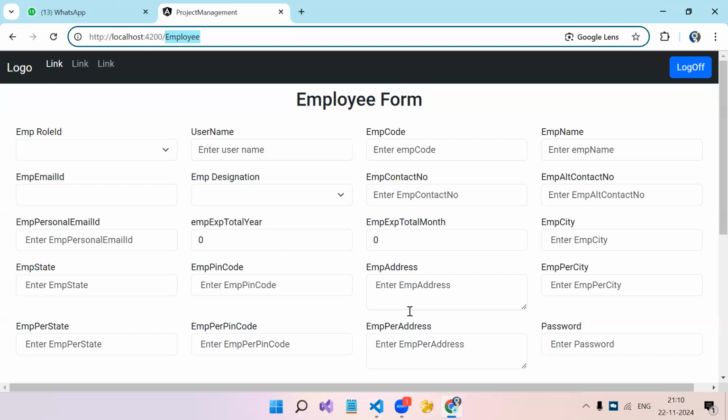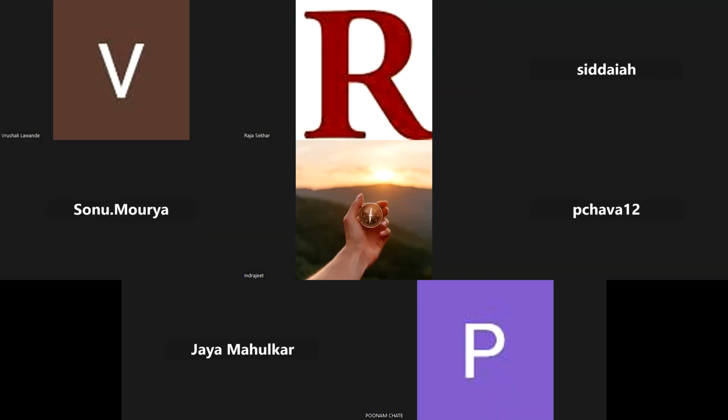Fine. Now you can share and let me know if anyone has faced any issue while doing the GET API integration. Anyone faced issue or everyone was able to do it? For PHC, so that CORS issue is still there. Can you share your